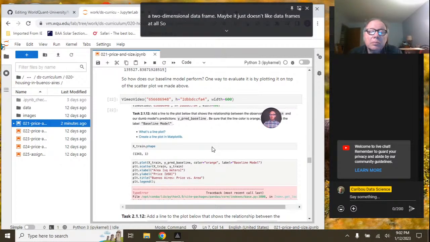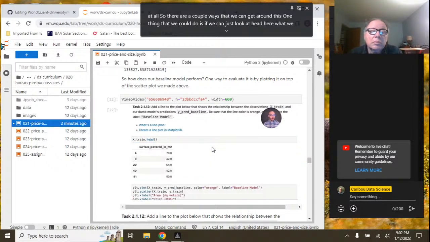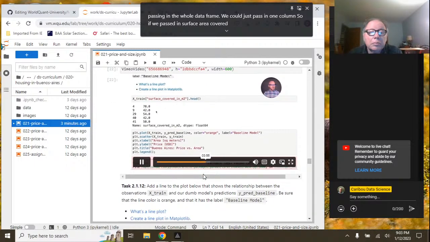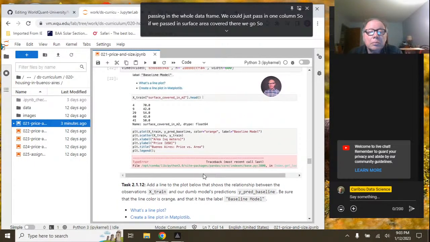There are a couple of ways that we can get around this. One thing we could do is look at head here, and we can see that yes, this is a data frame, but there's only one column in it. And that's the only column that we want. So instead of passing in the whole data frame, we could just pass in one column. So if we pass in surface area covered dot head, there we go. This gives us a slightly different data type. In fact, if we look at the type here,